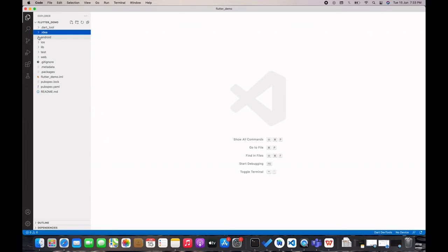The android folder inside the Flutter project contains the Android platform specific settings, resources and code. If you need to write any platform specific code, you will be making the changes in here. iOS is similar to the Android folder. The iOS folder contains the iOS specific settings, resources and code. You will make the platform specific code or changes in here.